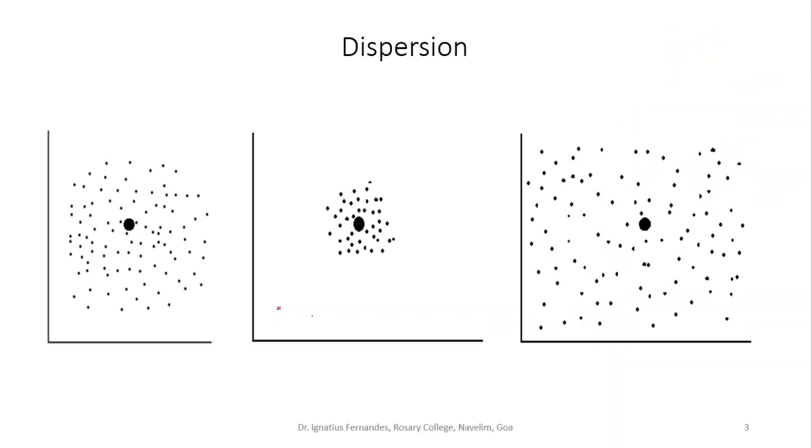So what we are trying to do is something like this. Now suppose you have these three cases wherein the centers are almost in the same position. But if you look at the other data points and compare how they are scattered, these are three different situations. Here I have moderately scattered data as compared to the mean.